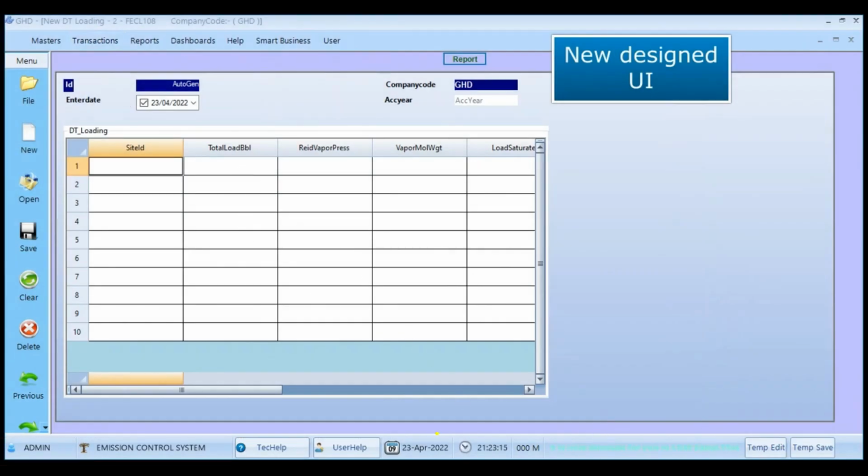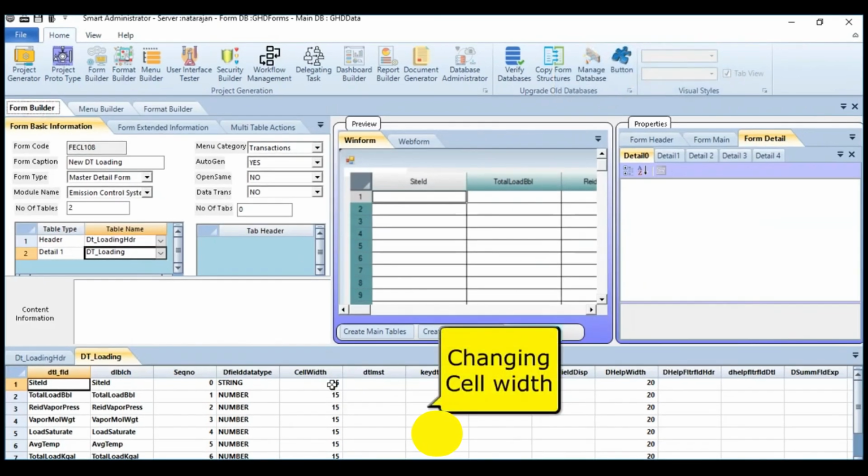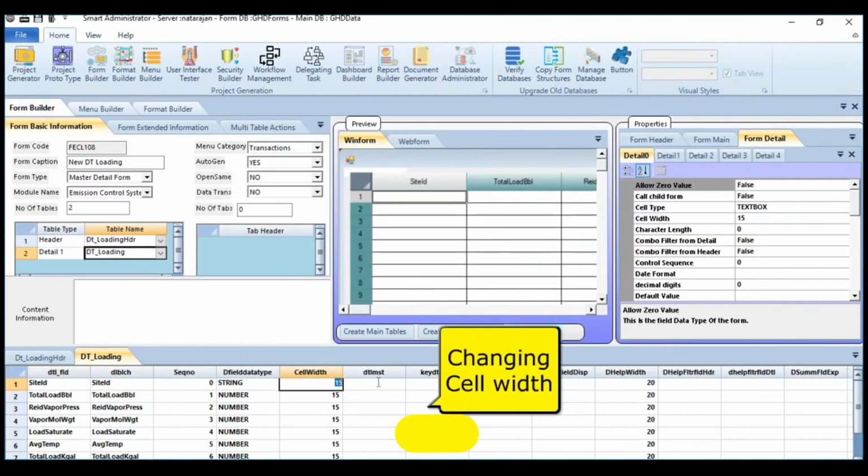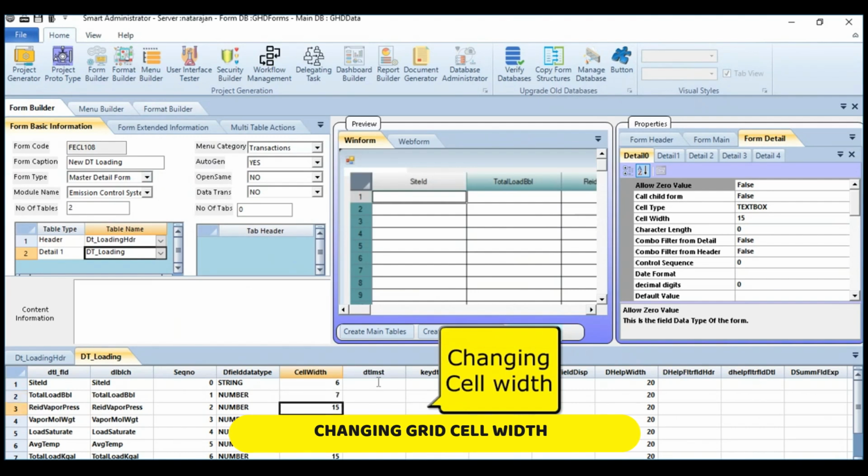In the Form Builder, users have the flexibility to customize their forms down to the smallest details. One such feature is the ability to change the cell width of any field. This allows users to adjust the layout to fit their specific needs, ensuring that the form is both functional and visually appealing. By simply selecting a field and adjusting its cell width, users can create a more organized and user-friendly